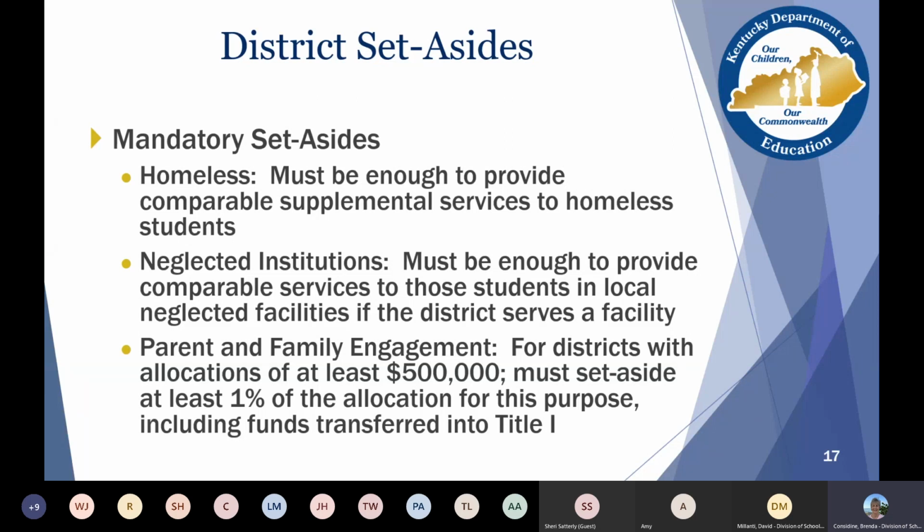If you transfer from Title II or Title IV, then you must make sure that 1% of that total allocation, if you are receiving over 500,000, would be allocated to parent and family engagement. So those are the mandatory set-asides.